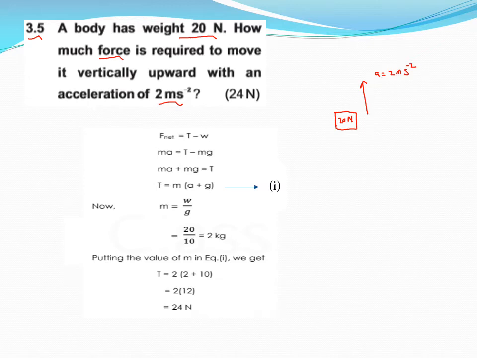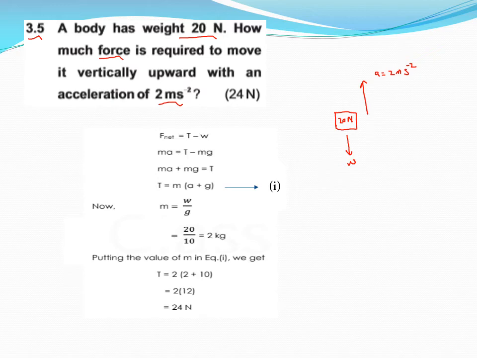Here you are noticing that, number one, the body is moving downward with its weight W. And now the given condition suggests that if a body is moving upward, then we have to apply a force which is actually greater than W. That's why the body is moving upward. So this is the basic concept of this numerical 3.4.